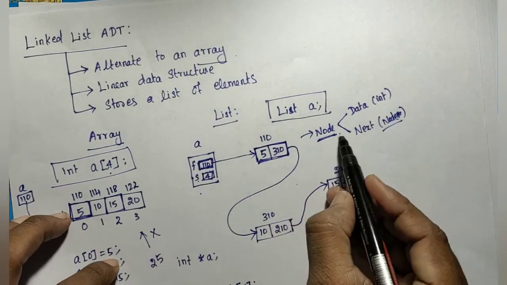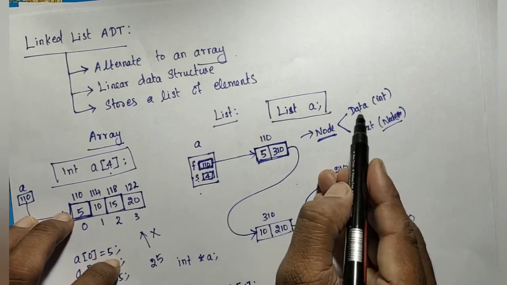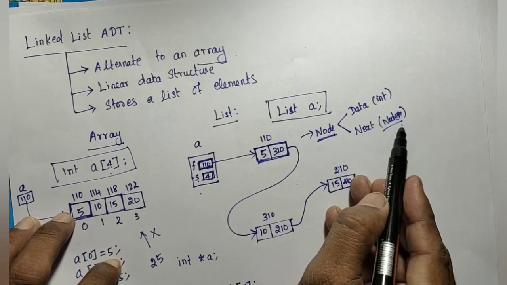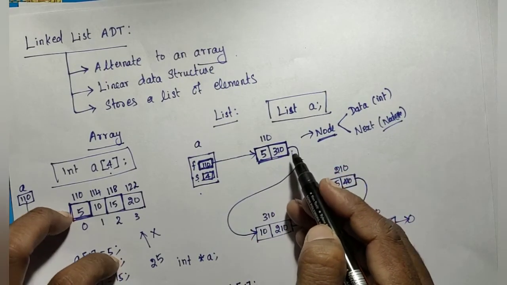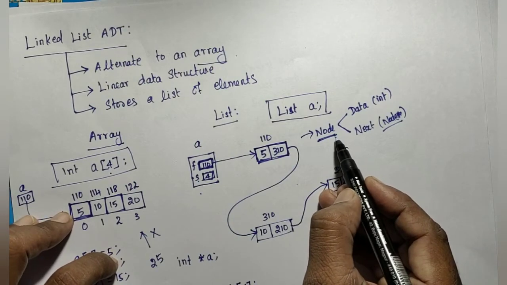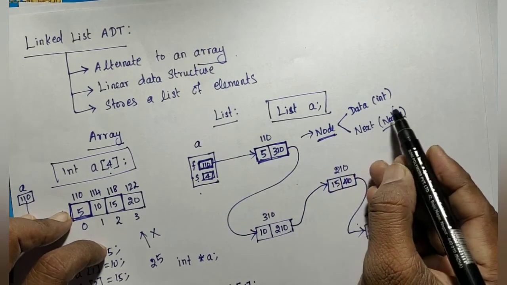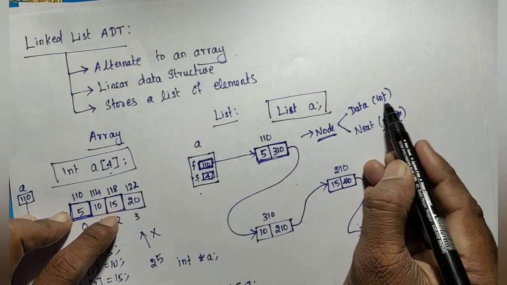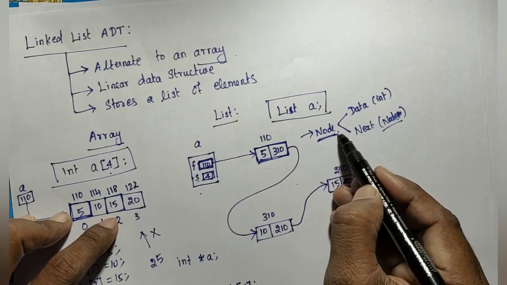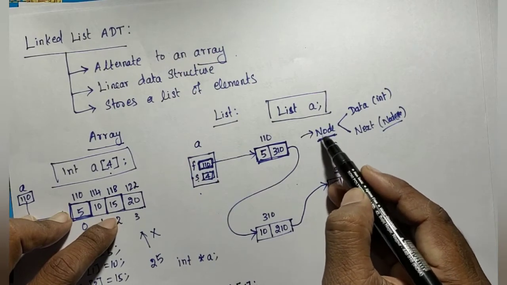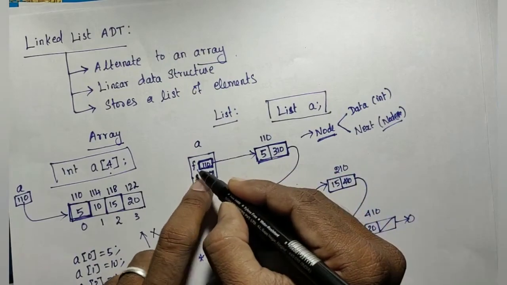So here the node data type is not built-in available in the language. Here there are two different kinds of information, one is an integer, another one is an address. If you want to store two kinds of information in a single variable, I need to go for the concept of a structure. I need to define a new type with the name node, which contains one member as an integer, another member as an address. So first I have to design and define the data structure.